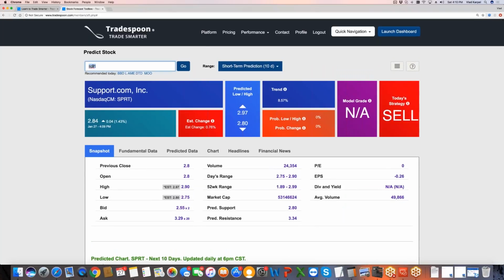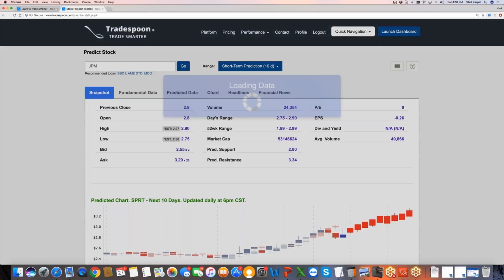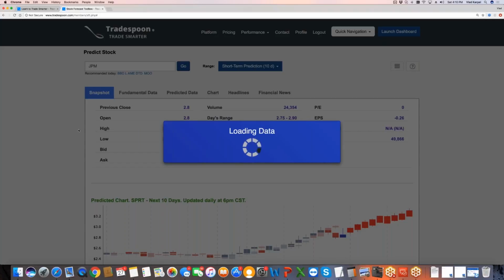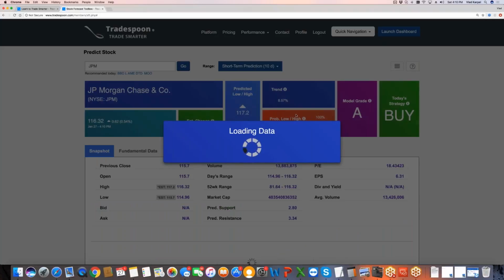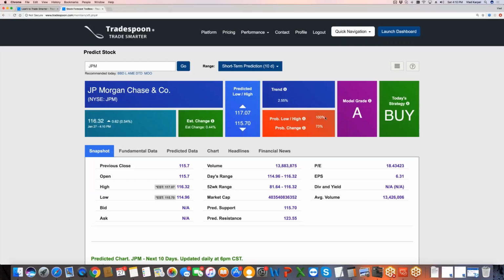But for other stocks like JP Morgan, which have been trading for a long time, they have a long history of trades, so we can identify the patterns. Then Model A means that for JP Morgan, we're 100% accurate that when it reaches the low, it will close above the low. And 75% of the time, we're accurate that if we estimate a positive change, JP Morgan will actually close higher than Friday's close. So model grade basically